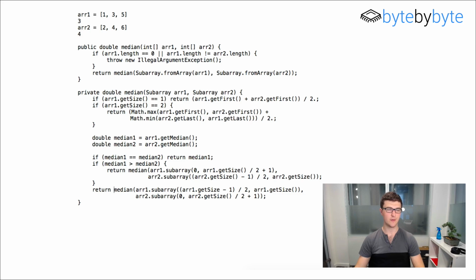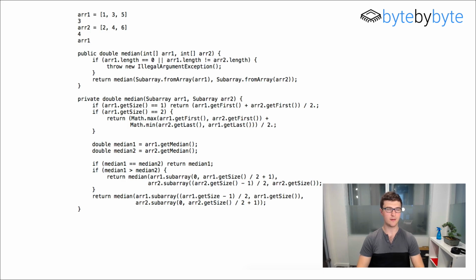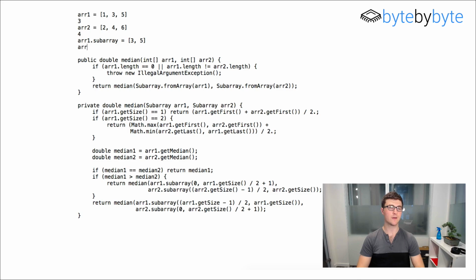So we come down to here and we say R1, we take the end subarray of this. So the new R1.subarray is going to be equal to R1.getSize, which is 3, minus 1 is 2, divided by 2 is 1. So we take the first index, and then we go through R1.size. R1.size is 3, so we go through the second index as well and stop before we get to the third. Now R2.subarray